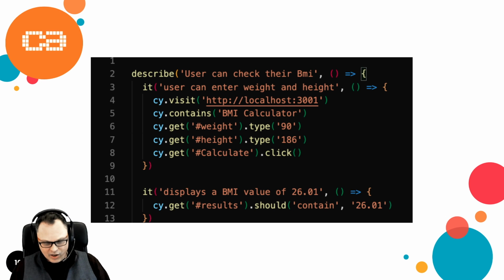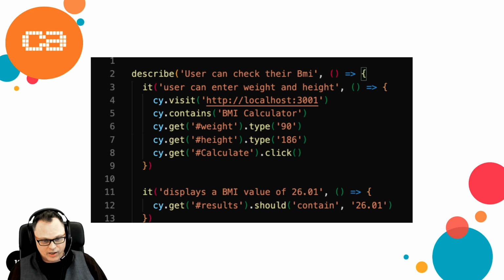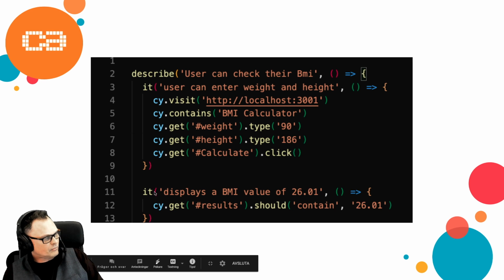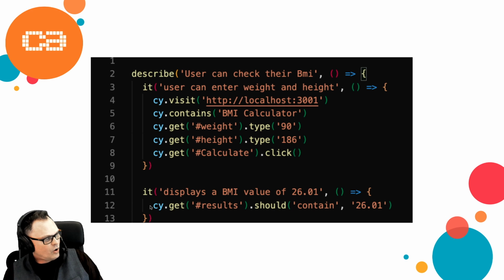And then you click on it. It's pretty straightforward. You just mimic the behavior of a user, because if the user would like to calculate his BMI, he would actually type in his height and weight and calculate, right? Just to trigger that functionality. And then for some reason we have that in a separate it block here, but on line 11 we're saying that it should display a BMI value of